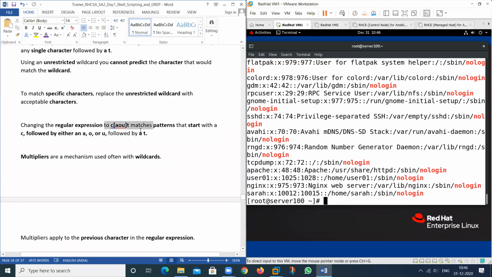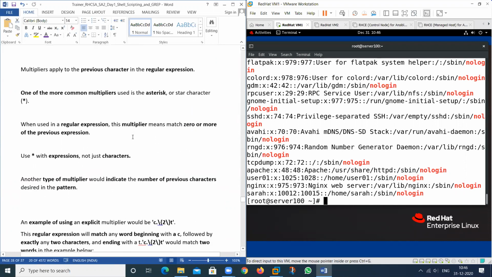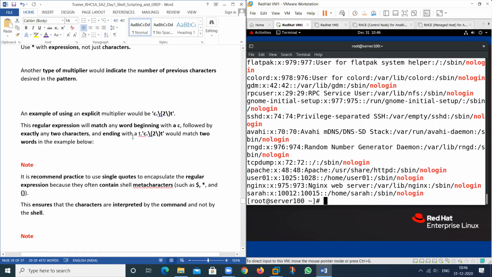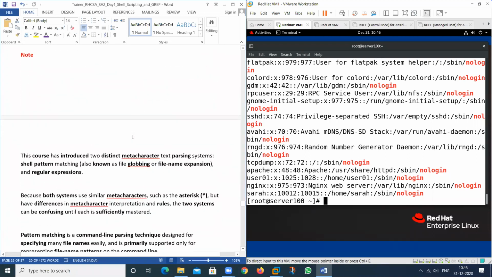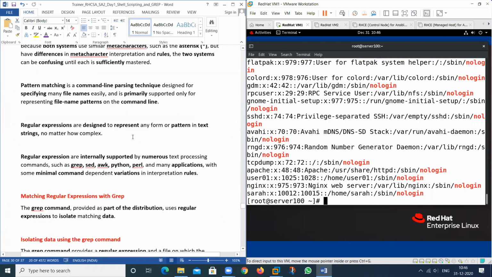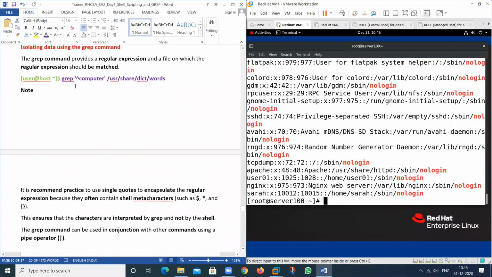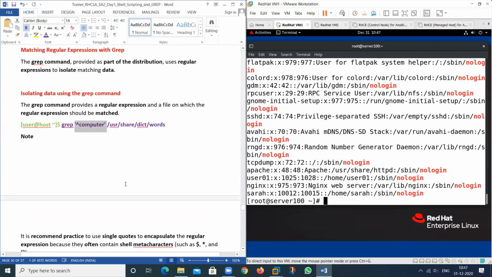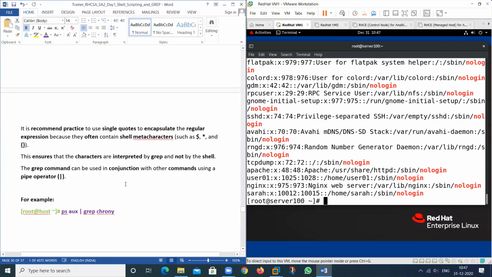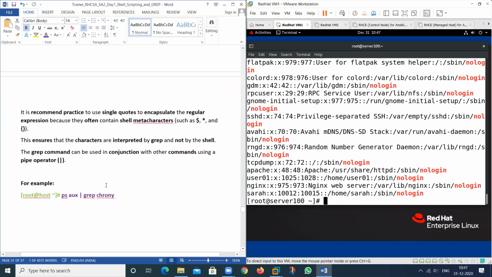We can also use these whole things also. So this is the starting, and what is for the end shell.